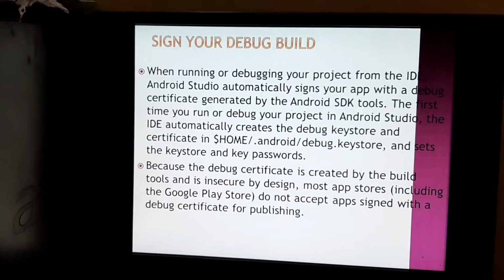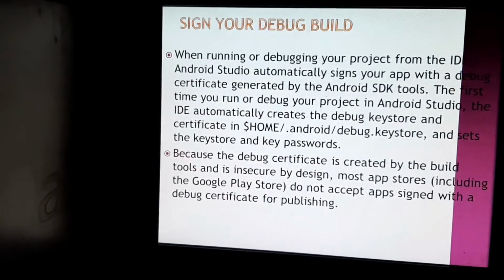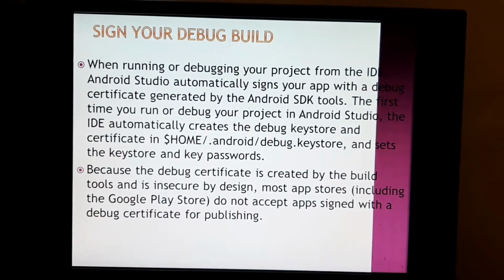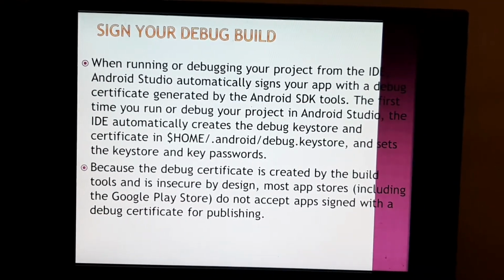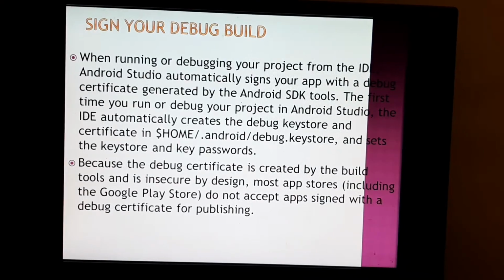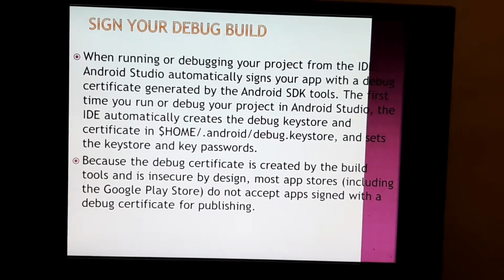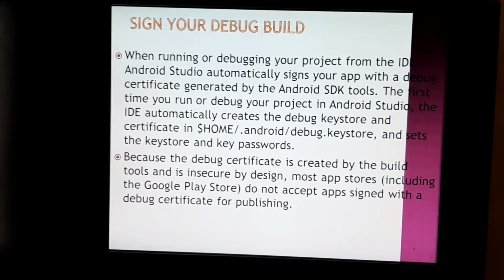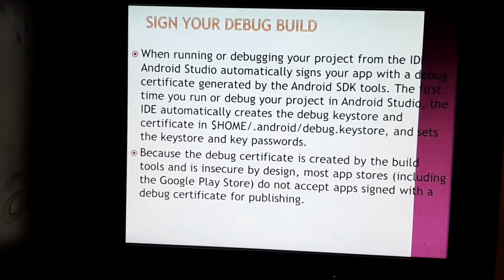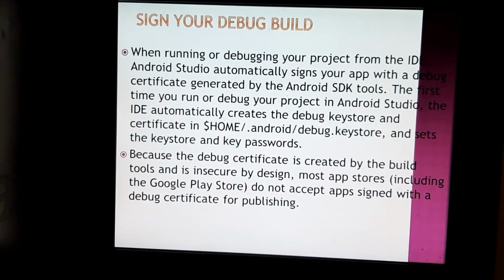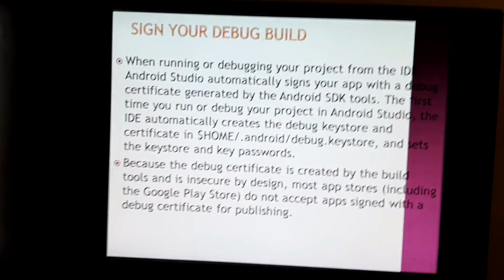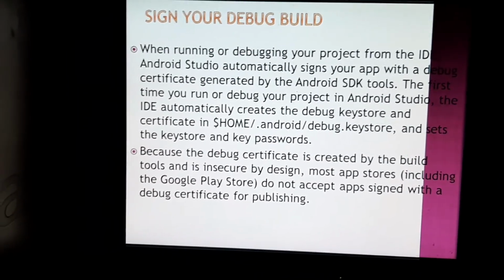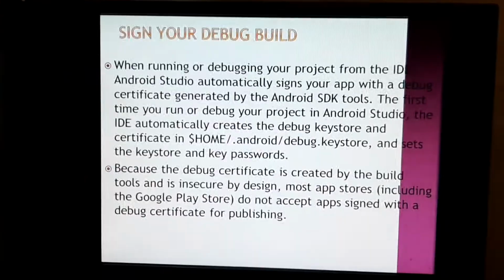Now, sometimes these applications have certificates of limited time. If it is expired, then what can we do? For that purpose, there is some content, that is, expiry of the debug certificate. The self-signed certificate used to sign your app for debug has an expiration date of 30 years from its creation date. And when the certificate expires, you get a build error.